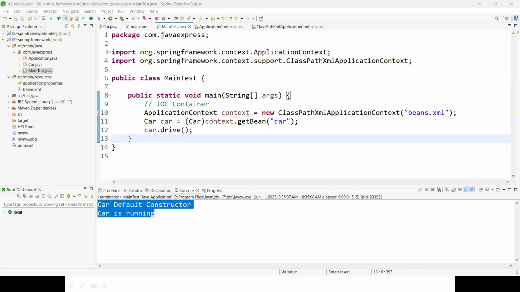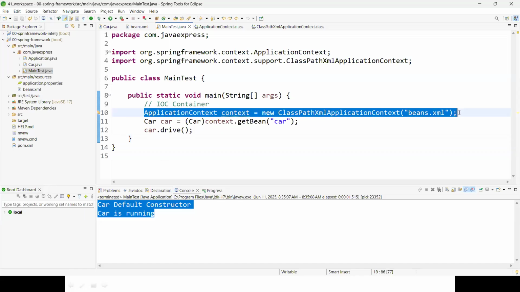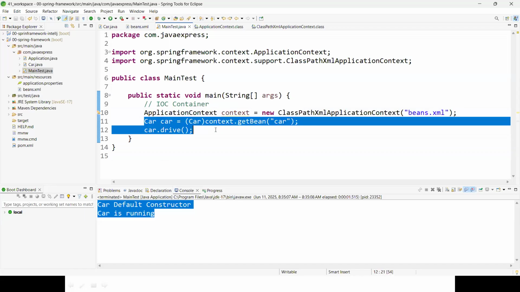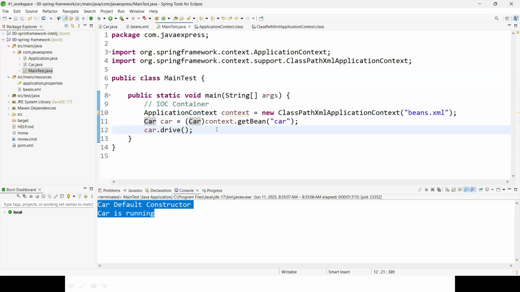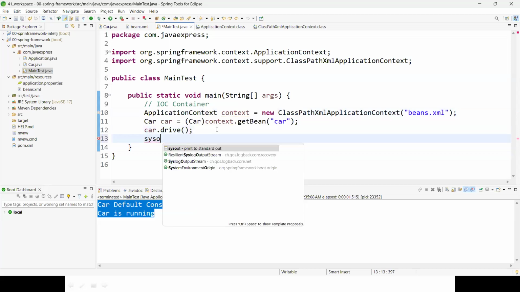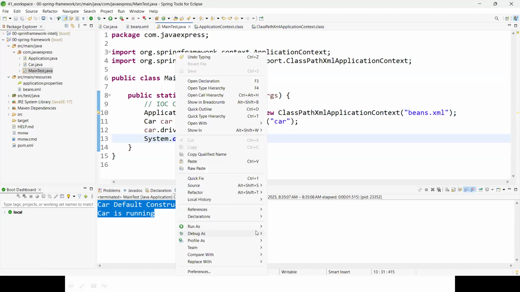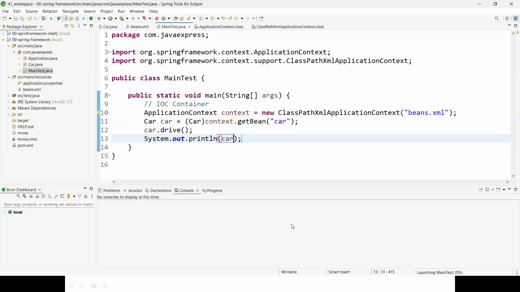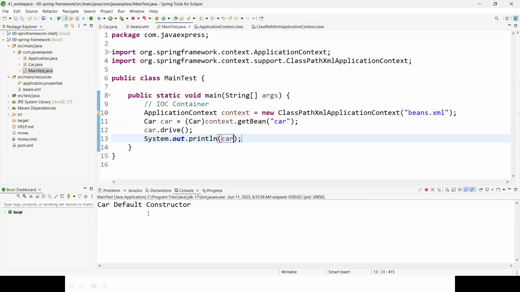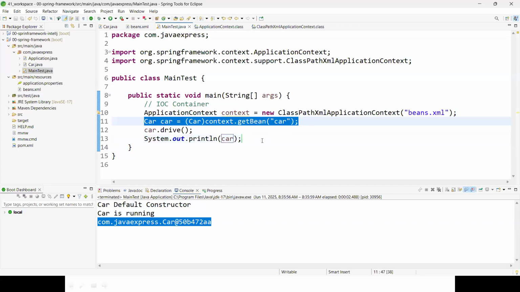To do the setup through the annotation approach, what are the steps we need to follow? This is the IOC container creation and initialization. If you call it n number of times, suppose you print the hash code of the car, guys. Just see here. Now right click and run as Java application. Now see, you will get some hash code. Again, if you create another one, see guys,